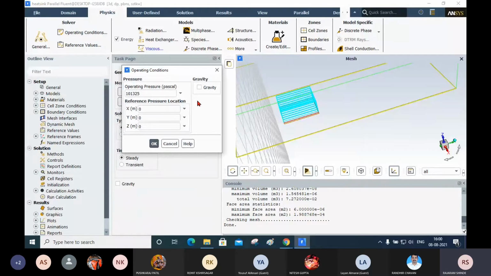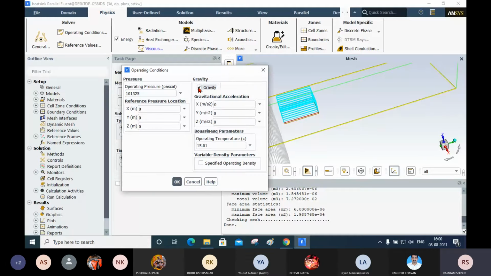And here, what I want to tell you, we need the gravity effect, which is required for natural convection. In many cases we are not considering the gravity effects. That option is inactive, but here I want to show you how to enable the gravity effect. I will click on gravity here.